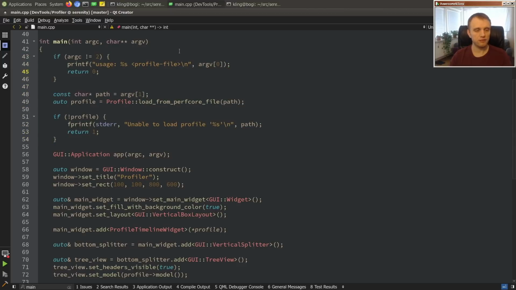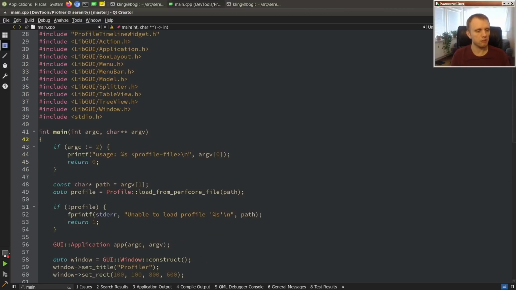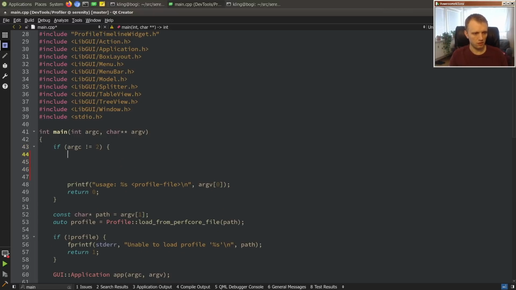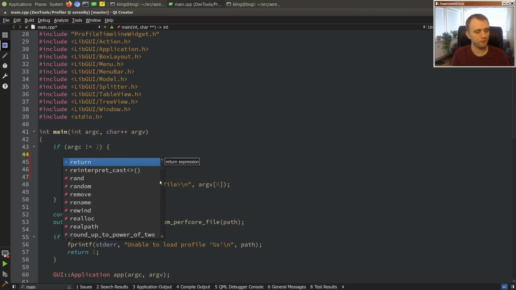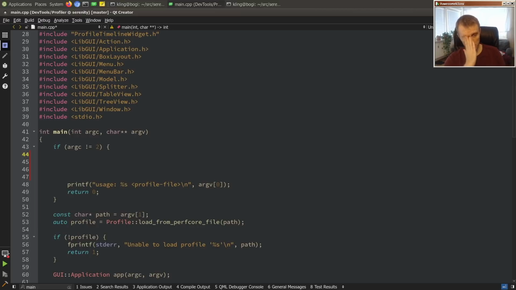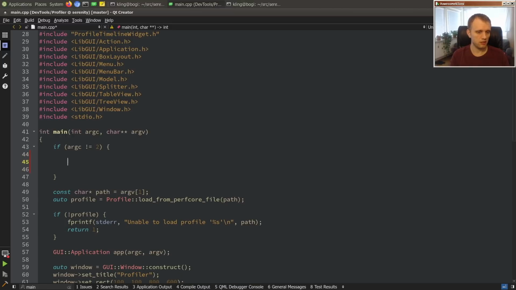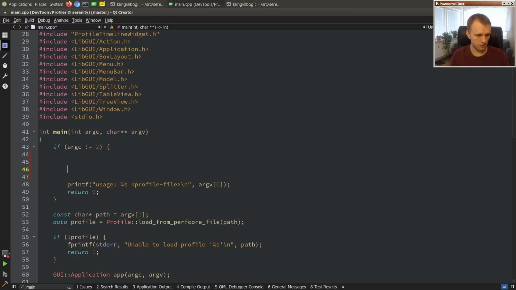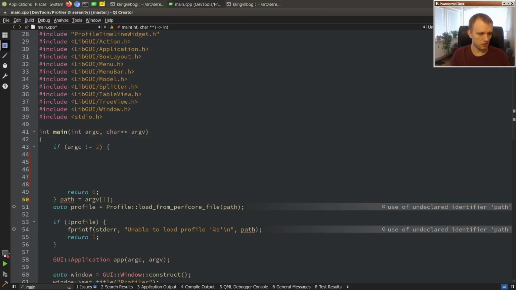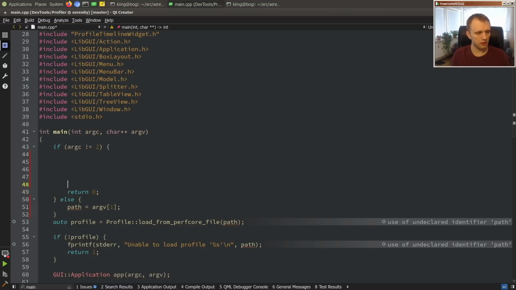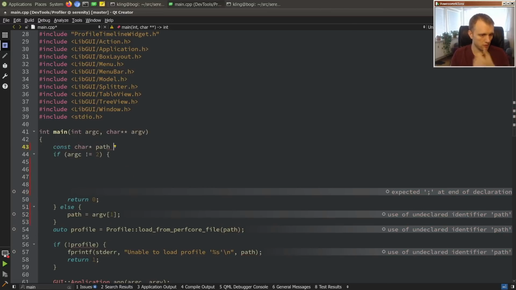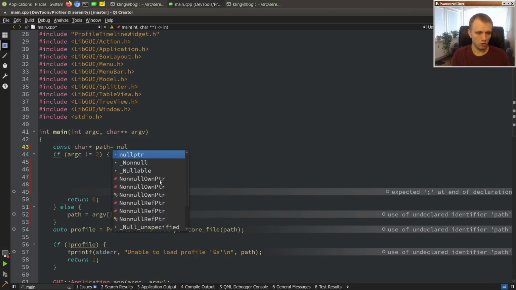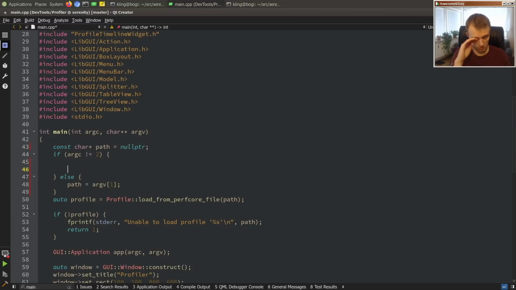So here we fail immediately if we don't have a file specified, but instead of failing, we'll run in a different mode. So how do we do that? I guess we toss up a dialog, and at the end of this process, by the way, the path that we want to run is going to be the default profile output path. So we'll put that up here. Null path. All right,